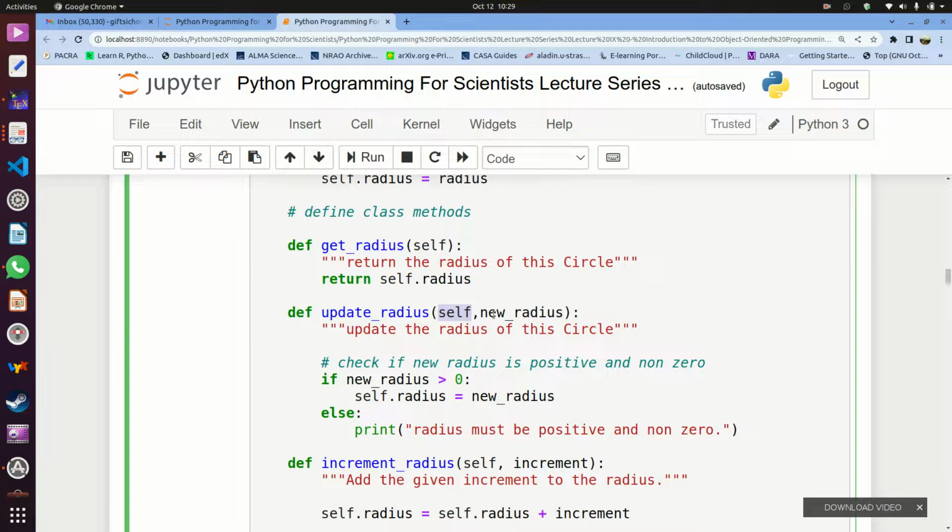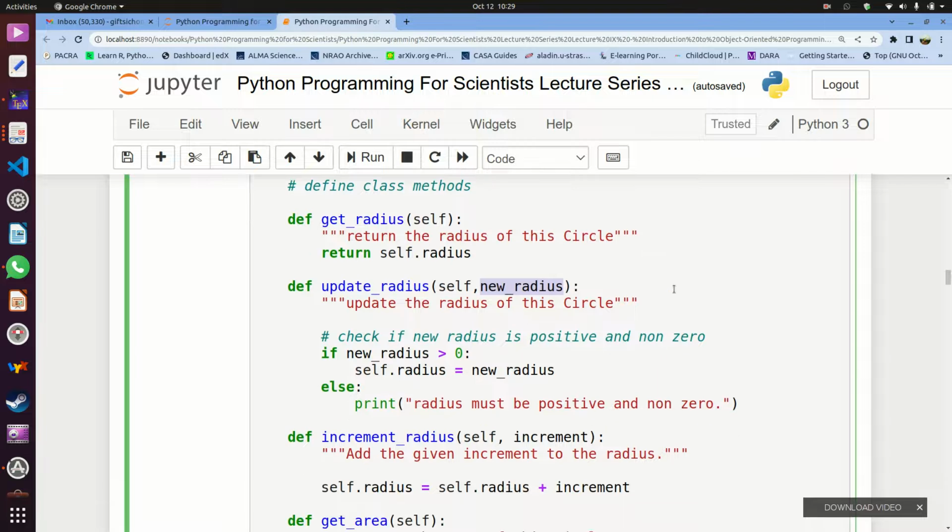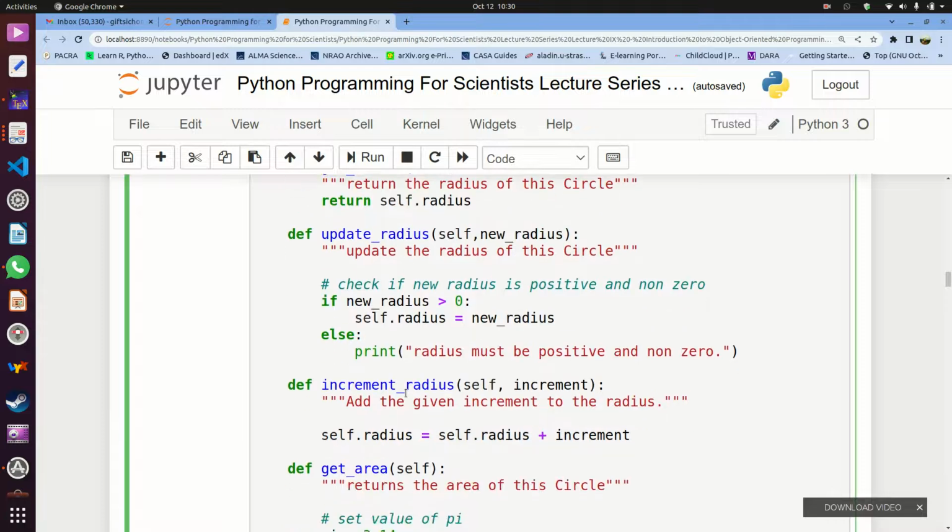Then we need to provide a new value of radius if we're going to update the radius. Now, with this new value of radius, we should make sure that the radius is not 0, it's not negative, it has to be greater than 0. So we make a check here. If new radius is greater than 0, then we reassign new radius to become the radius, which is self.radius here. So this is how we're going to update the radius of a circle object which you have already created. Otherwise, if the radius is negative or it's 0, we'll print out the message